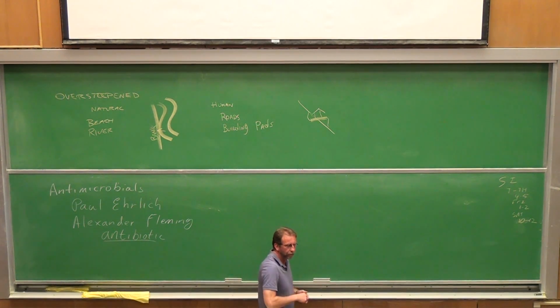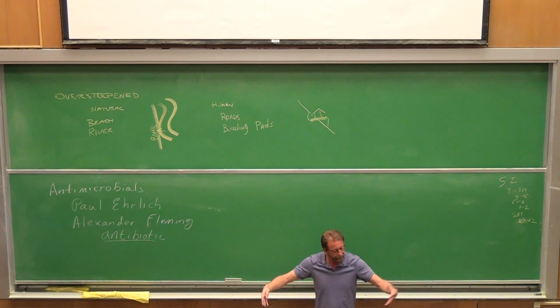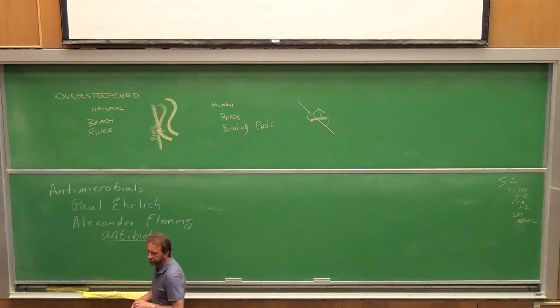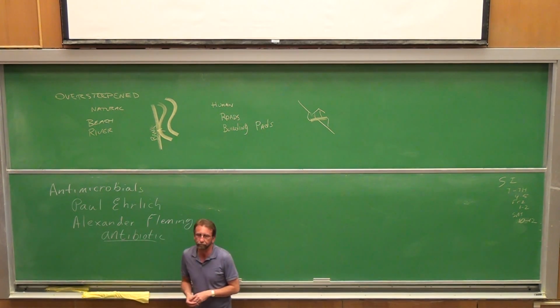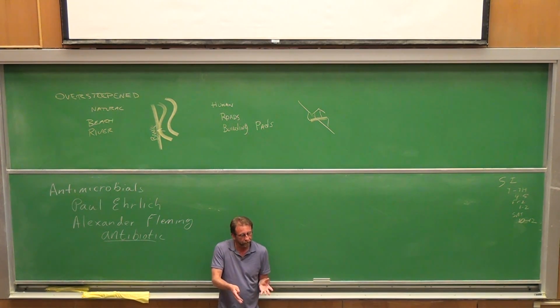We can take these microbes, we can isolate these selected microbes, and we can grow them in large vats. And from these large vats then, we can extract the antibiotic that they're producing. And sometimes we can modify that antibiotic so that it